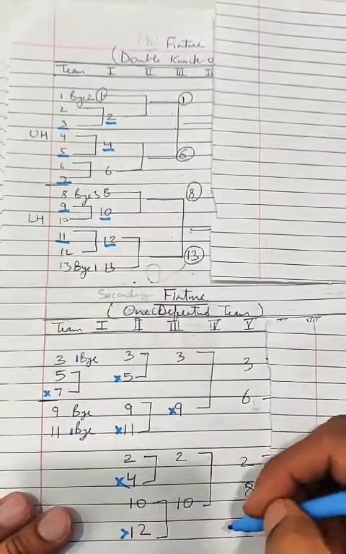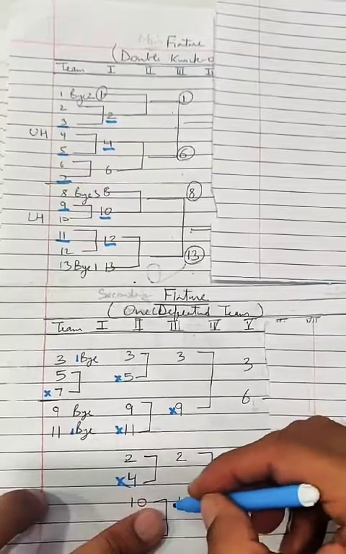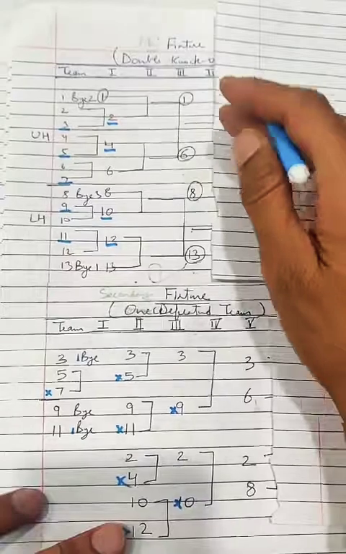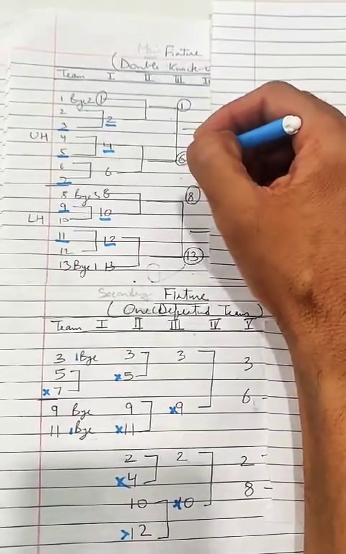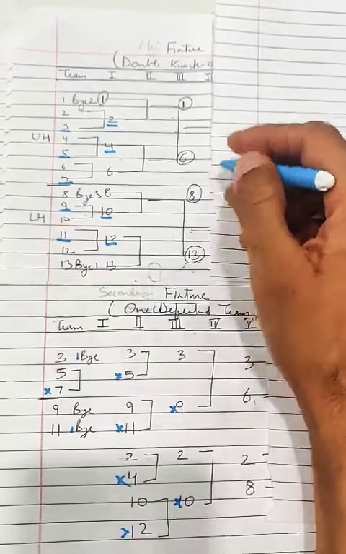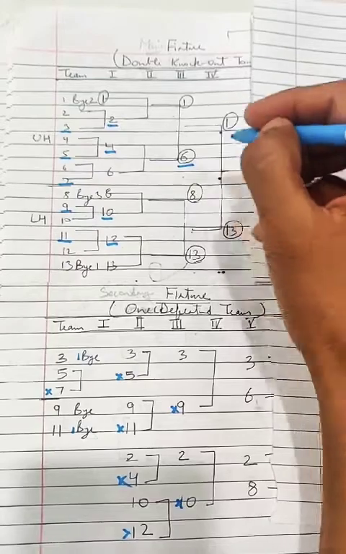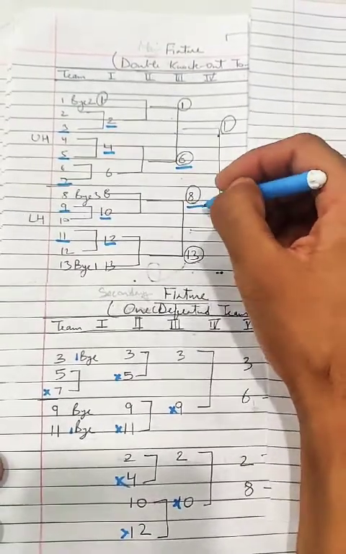2 and 10 के अगर हम मैच को कंडक्ट करें तो यहाँ पर हमने 2 को फॉरवर्ड किया, so 10 will be out from the tournament. So 2 teams will be proceeded to the next round. Now third round 1 and 6 there is a match, और 8 और 13 का मैच है. तो again you have to assume, यहाँ पर हमने अंडरलाइन कर देते हैं 6 और 8 के अंडर. So 2 teams entered in the next round.